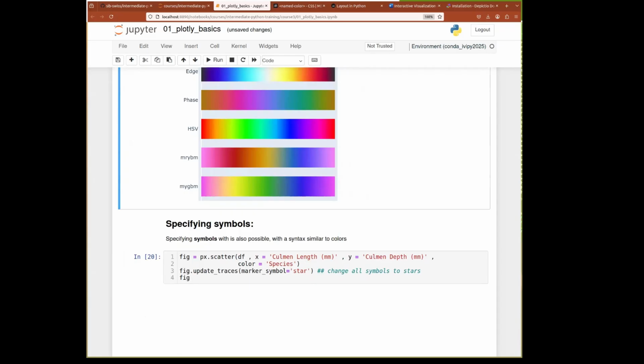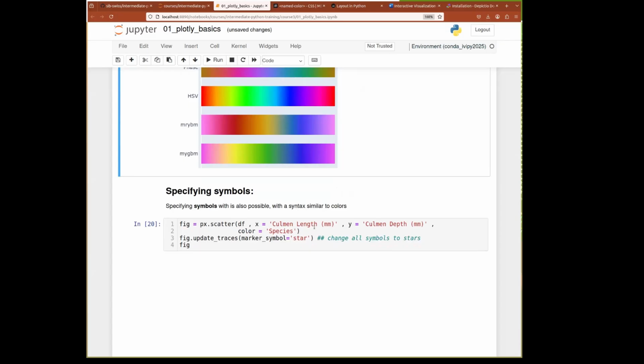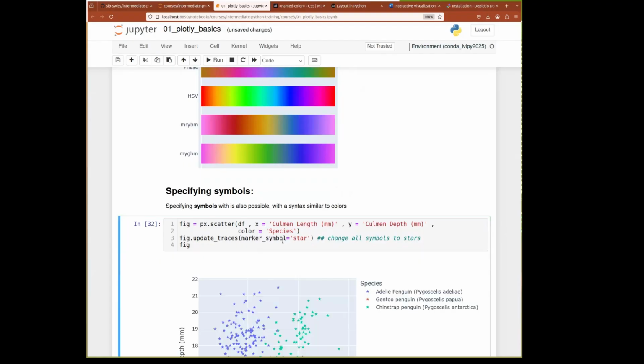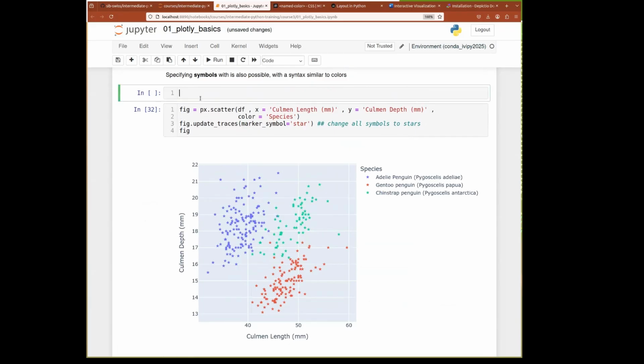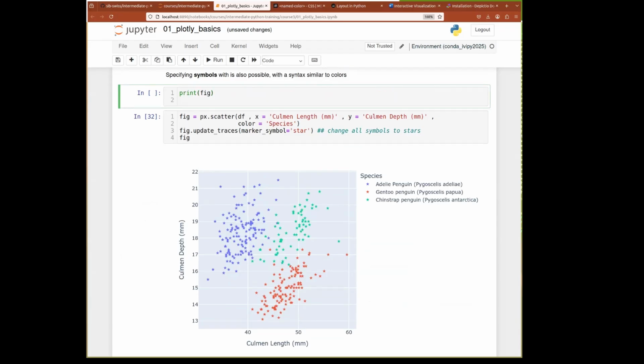Then another thing is the symbols. Again, a few ways of doing that. One thing that I show there is how to just change all symbols. So here I define my basic plot, and then I update, but now not the layout, but the traces. And I set marker symbol equals star, so that will change the marker symbol of all of them. If you remember why I call that marker underscore symbol, it's that if I again print my fig,